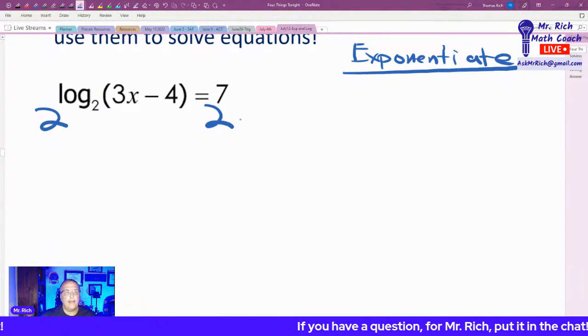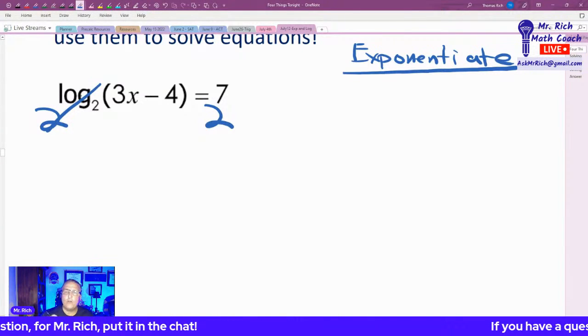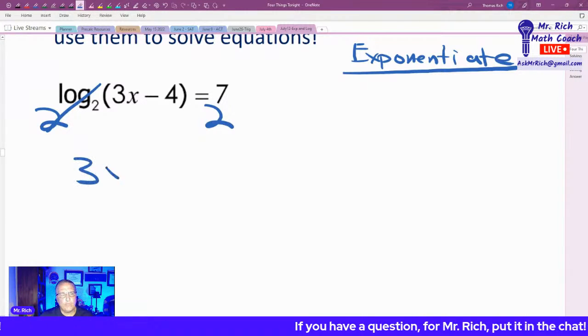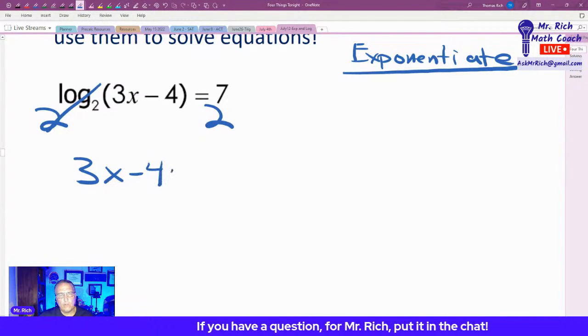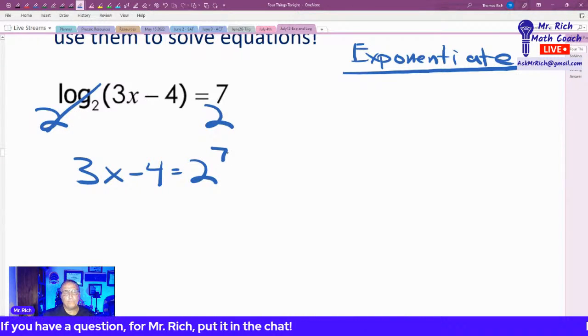Now, when I do that, I've got 2 raised to the log base 2 of 3x minus 4. These guys cancel each other out, and it leaves me just the argument of the logarithm. So now what I have is 3x minus 4 is equal to 2 to the 7th power. And now I can proceed to solve this